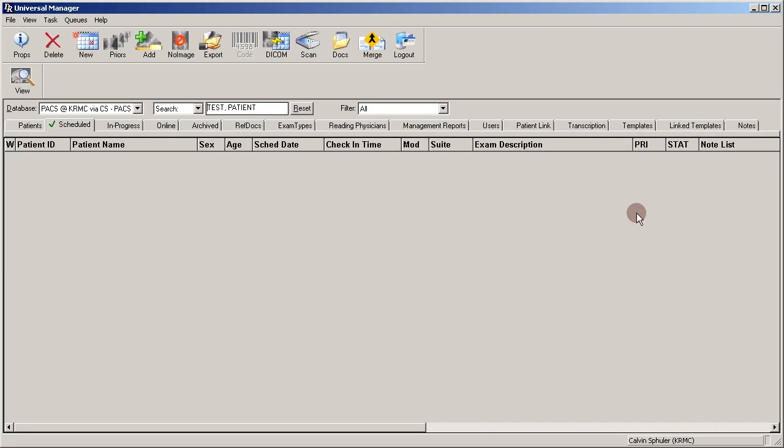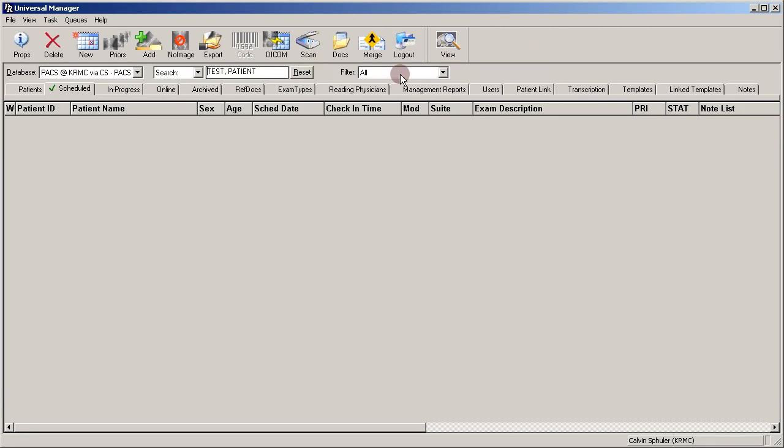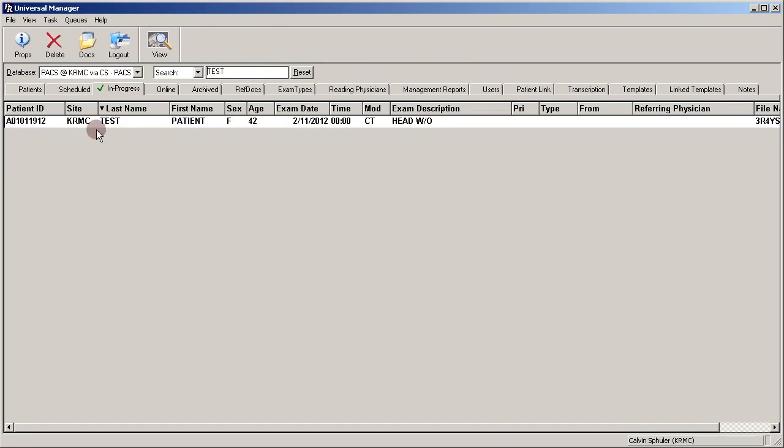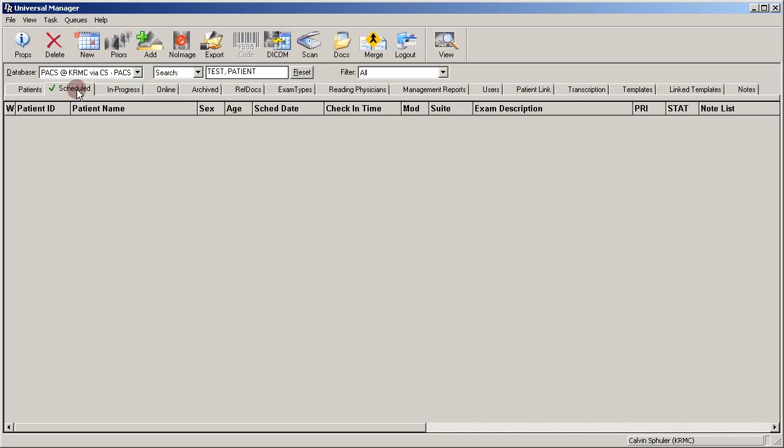The first thing is, when you receive a call, you need to make sure that the exam is actually in progress. If it's sitting on the catapult down in the file room, then you can go to any station with the In Progress tab, click it, and you'll be able to type in the last name of the patient and see that we have received it. So once you can tell that we've received the study, we need to schedule an exam. So we're going to go to the Schedule tab and click New,